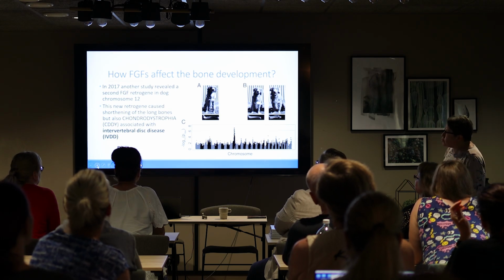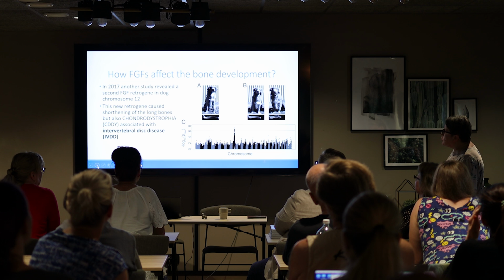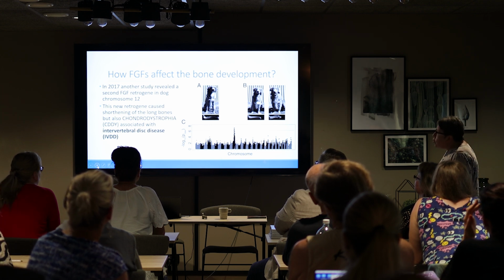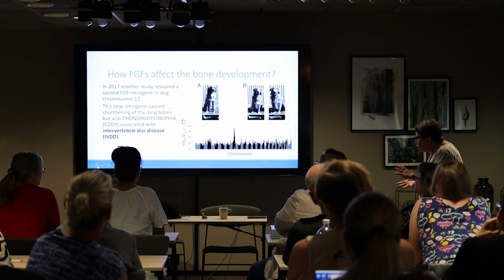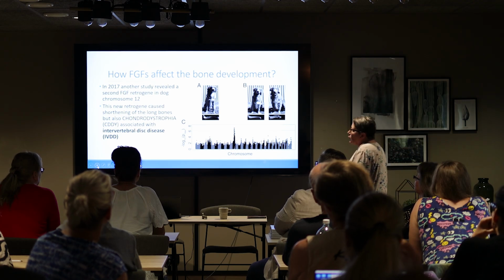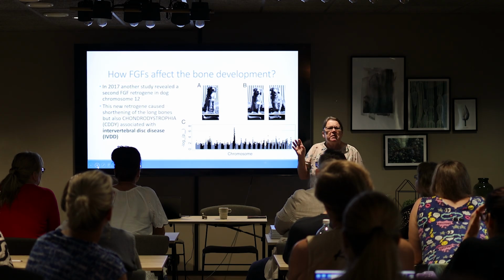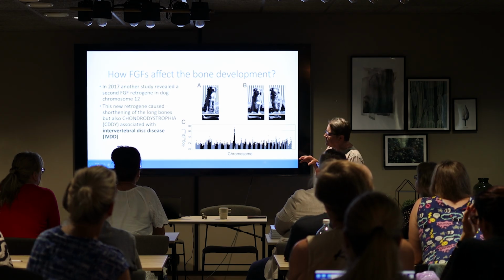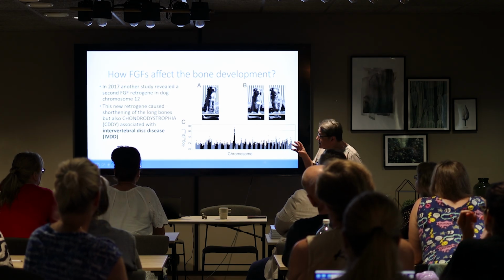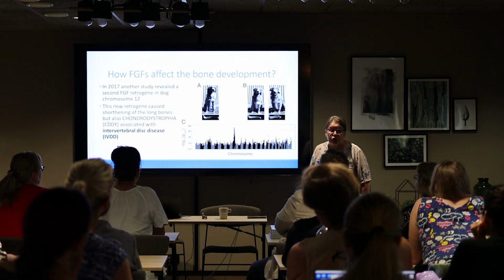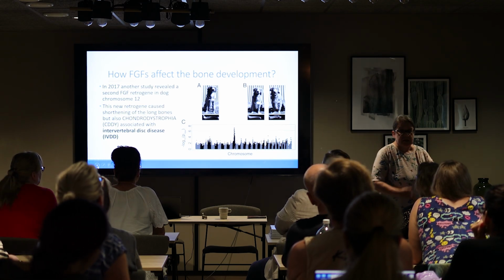This new retrogene, which Vilma is also going to show you what it does, causes shortening of the long bones, maybe not quite as much as the FGF4 in chromosome 18, but nevertheless here is a Nova Scotia Duck Tolling Retriever that has this shorter leg